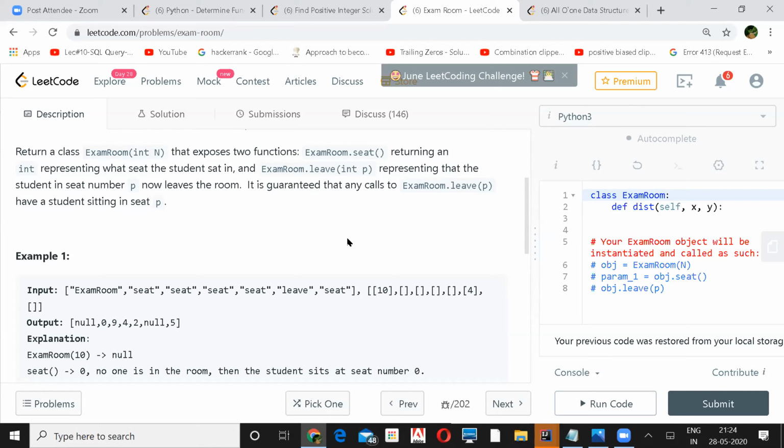You may want to start from "return a class exam room that exposes two functions", the paragraph above example one. Yeah, sure. So return a class, this is a class called exam room, which will have two functions, seat function and leave function. Seat function will tell the seat at which a particular student will sit, and leave function will